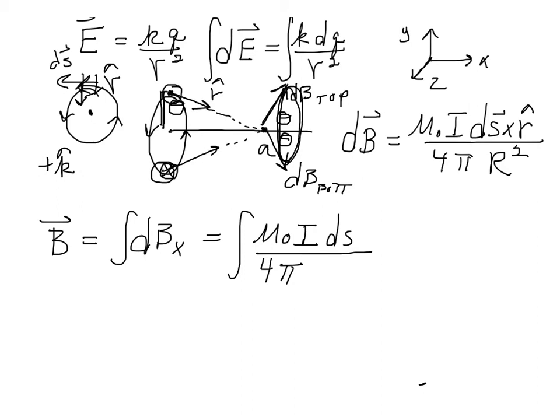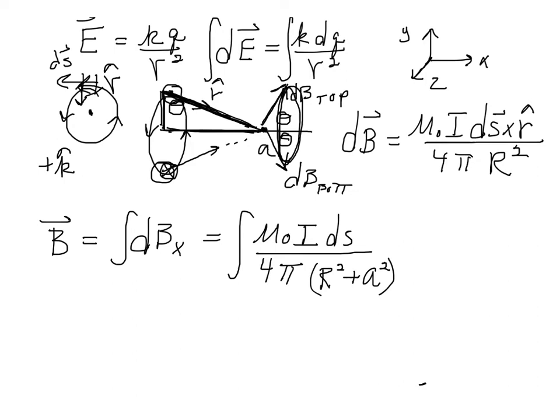Can you see what that is? Let me draw that triangle for you. It's this distance here. If we look at our angle theta, and there's the x-axis, this is a right triangle. One side is r, the other side is A. This is the square root of r squared plus A squared, squared, so it's just that. That's the distance squared. Now remember, we're pulling out the x component, so that's going to be the cosine of